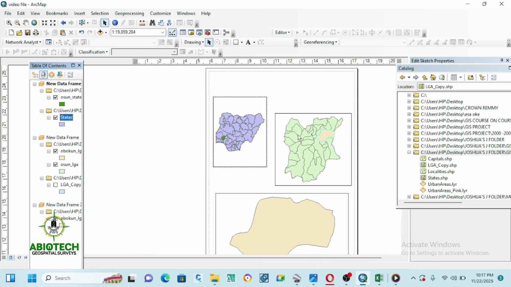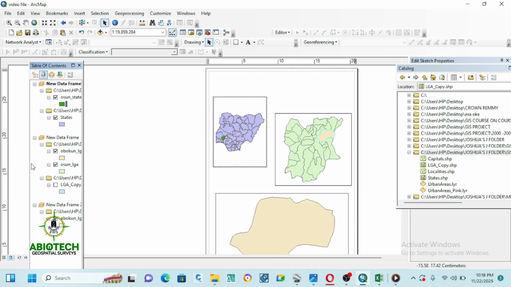Whenever I'm making a study area map, I usually make sure that the color this one is representing here is the color this is representing here, and this as well, like the same thing. All right, let's get to do that. So let's just try to make sure that Nigeria